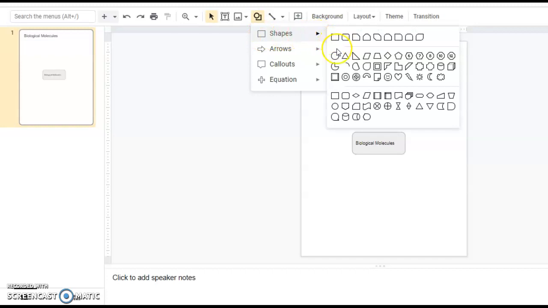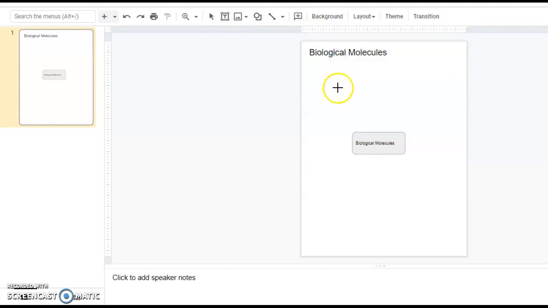And you're going to be reading from your textbook, and your textbook tells you about 4 biological molecules. So I'm going to insert another shape for each of those biological molecules. So here's my first shape, and my shape needs to be connected to my central theme. So I'm going to insert a line, and I can connect the line. Maybe I'm going to insert a line, and I'm going to connect the line from this shape to this shape,